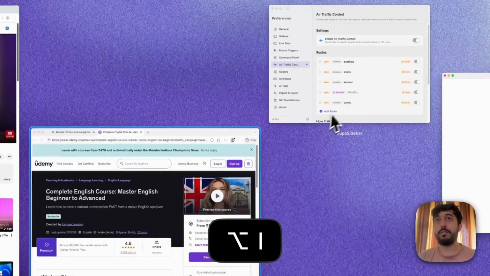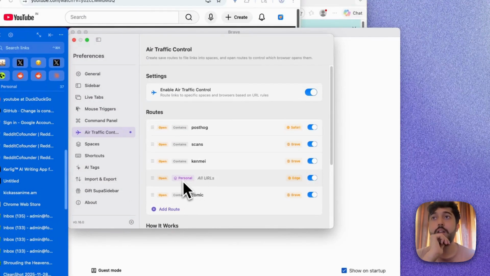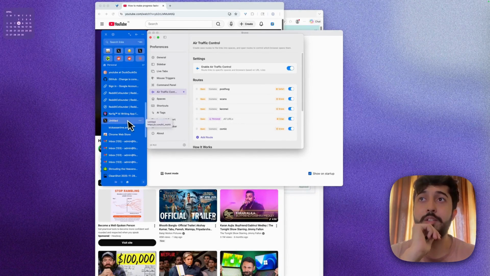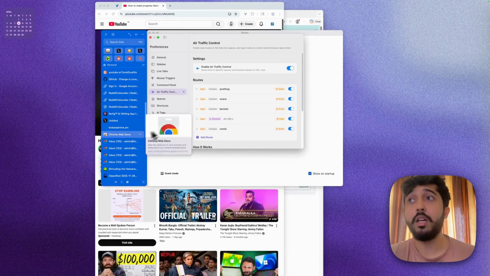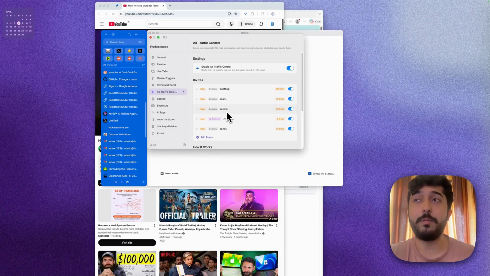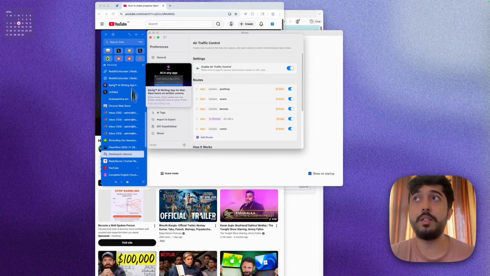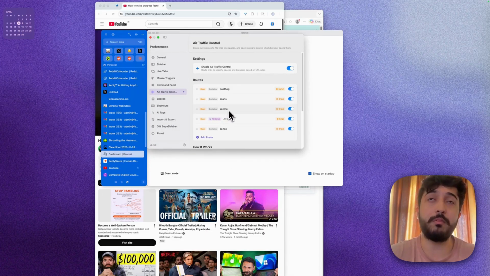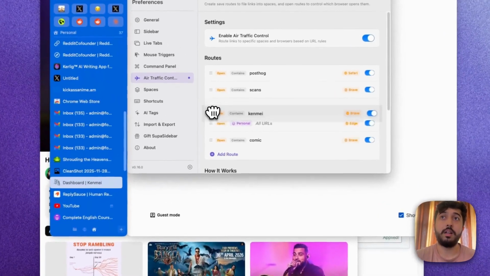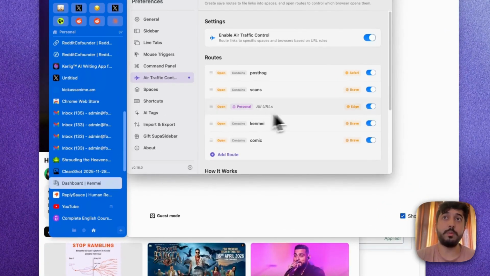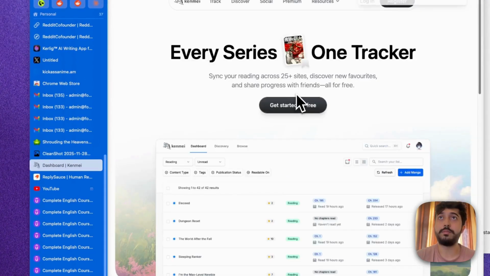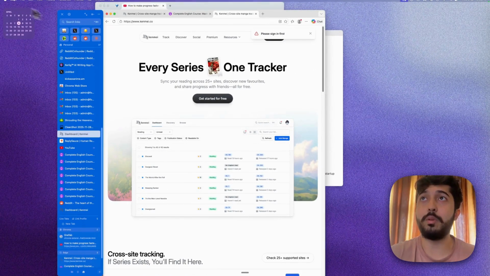And then we have the personal rule. Any tab in personal will automatically open in Edge. As you can see, even though this rule was set, the earlier tab, which is in personal, opened in Brave. Why is that? Because CanMe was above the Edge rule. Once you move the Edge rule above the CanMe rule, now CanMe will start opening in Edge. As you can see, it is now open in the Edge browser.